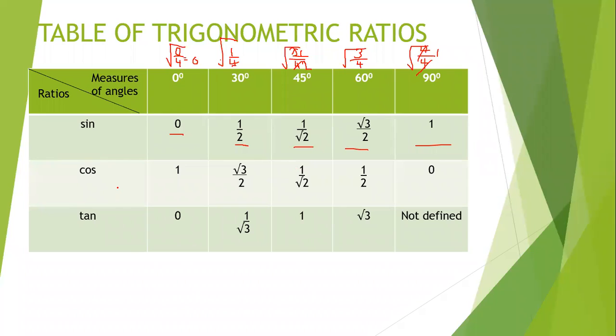And for the cos, what you need to do? You need to write this in the reverse manner. Means the last one we have, 1, will become first over here. The second last will become second over here. Can you notice this? The third last will become third in the second line.